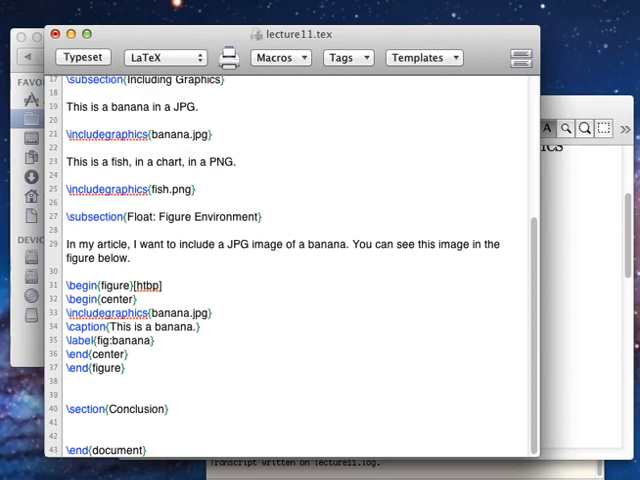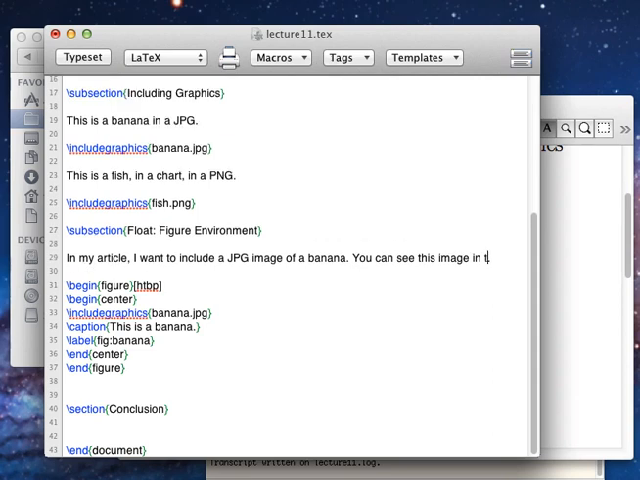Now keep in mind, like we talked about before, this float could end up anywhere, so it might not actually appear below. Depending on how I've set my options and how LaTeX lays things out, I can't really guarantee where this figure is going to land. So what I want to do is refer to it by its label. Instead of saying "in the figure below," I'm going to say "in figure,"